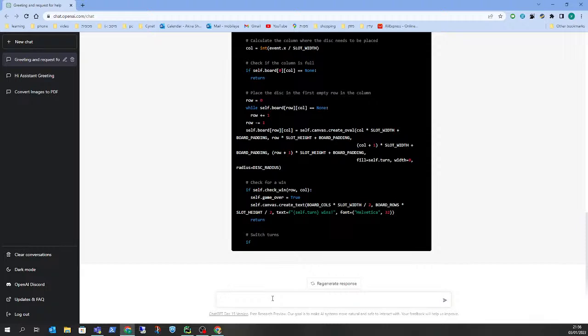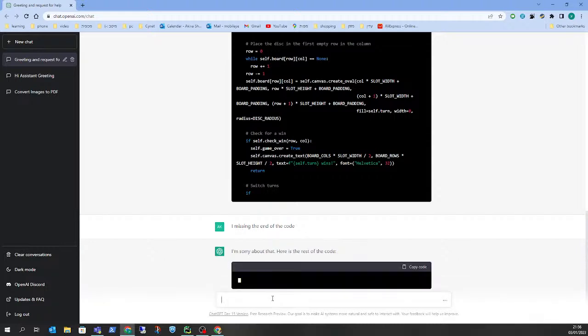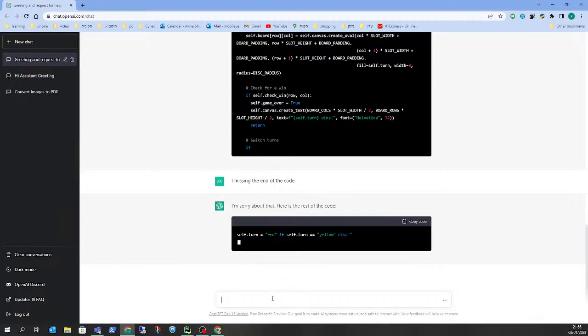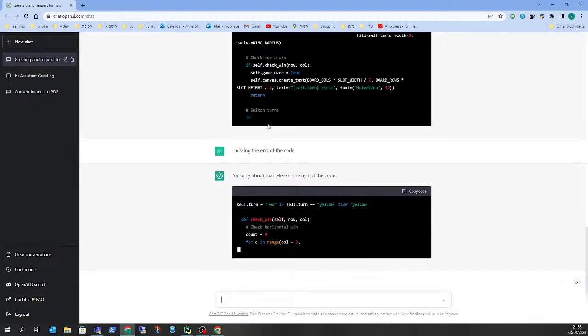Okay. What happened to the rest of the code? There's an if something I am missing out of the code. What happened here? I'm sorry about that. Self turned red. What happened here?